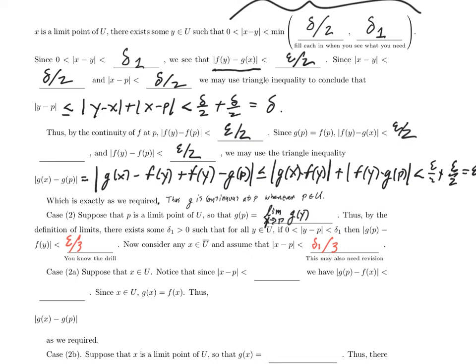So, let's think about case 2, subcase A. Let's suppose that x happens to be in U. Well, there's a small oversight in the notes, so let's see. If I knew that the absolute value of x minus p were less than delta 1 and that difference were bigger than 0, then I could get the conclusion absolute value of g of p minus f of x is less than epsilon over 3, which is what I would need. So